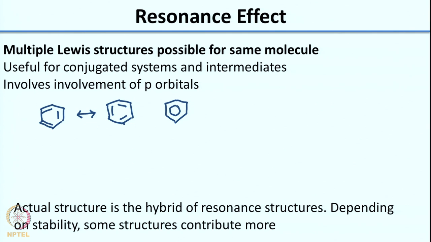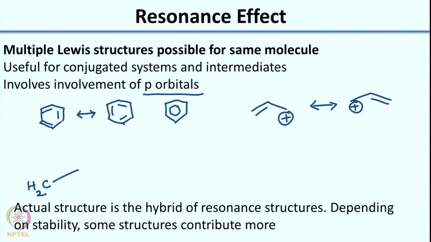Conjugated systems means systems, for example, where I have, say, a positive charge here. So the resonance structure for this would be, also it involves p orbitals. A lot of times what you would see is you would have structures like this. So, this is the structure of an intermediate. A resonance structure of that would be